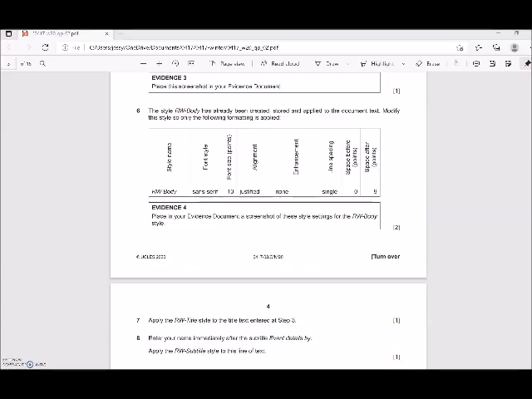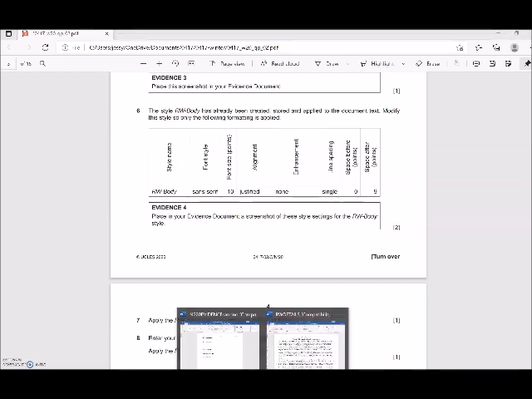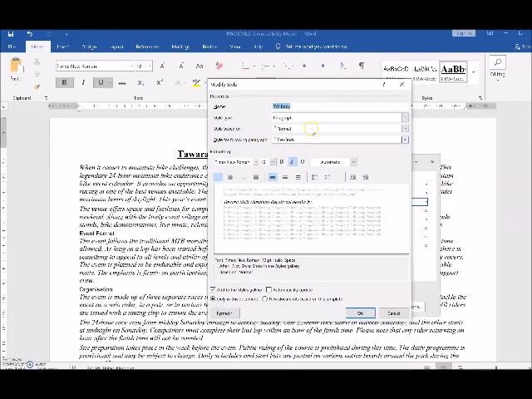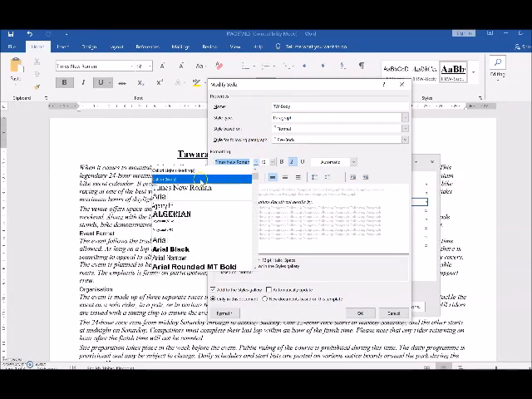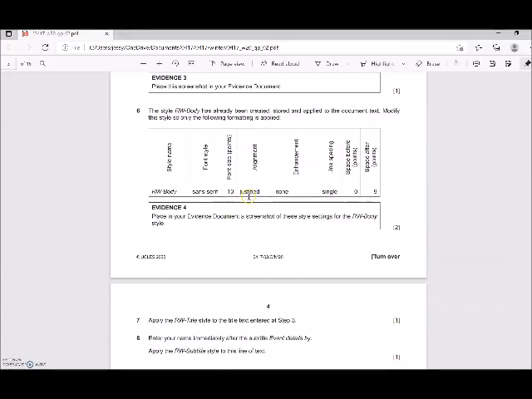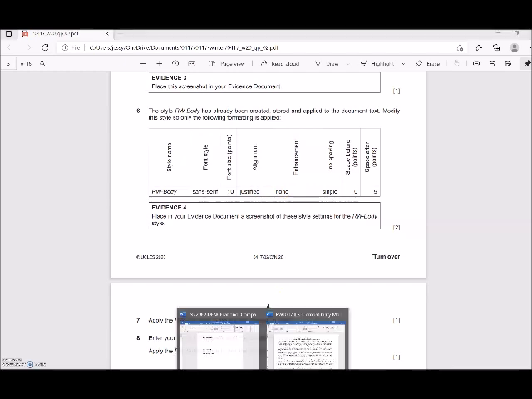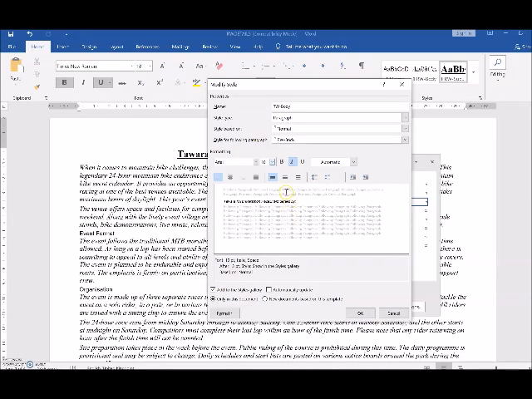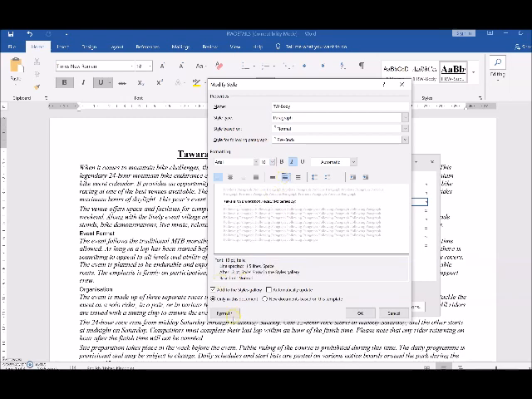Okay, and how have they asked us to modify? Make it sans serif, size 10 points. So let's change this from serif to sans serif and change it to 10 points, and alignment is justified and there is no enhancement on it. So let's move to the justified enhancement. We can also go to